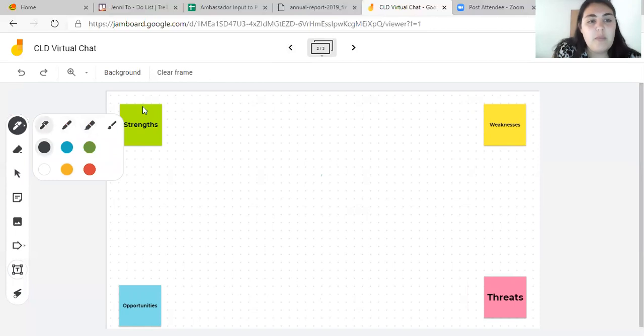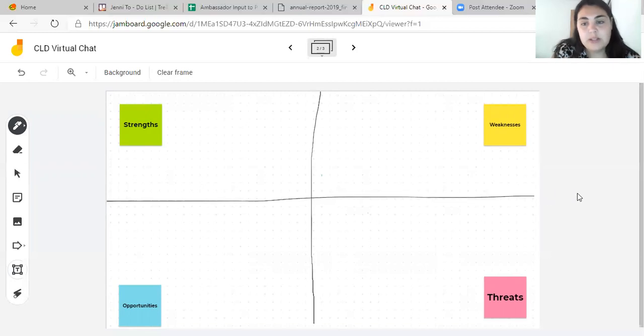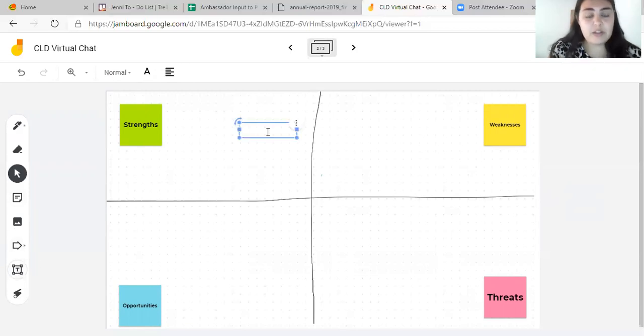take a pen and you could do, I'm sure everybody's done this before, a SWOT analysis on Jamboard. So say you're working on a new strategy with young people, or you're working on a community plan or something, you could replicate a SWOT analysis using Jamboard. So people could then either type their ideas in here. So they could say, a strength of a youth strategy is that it's